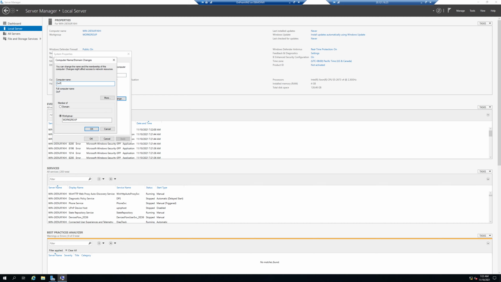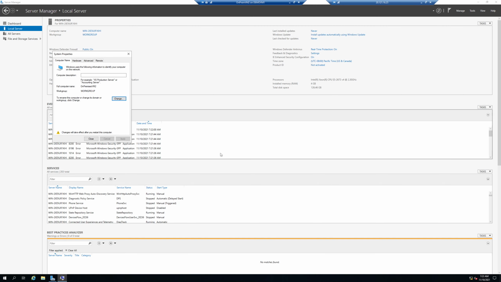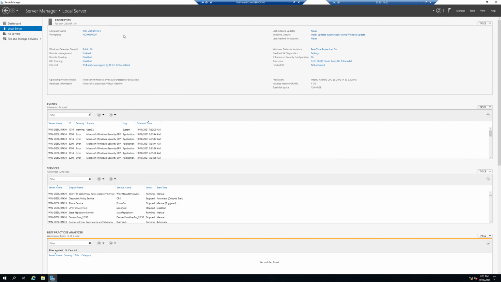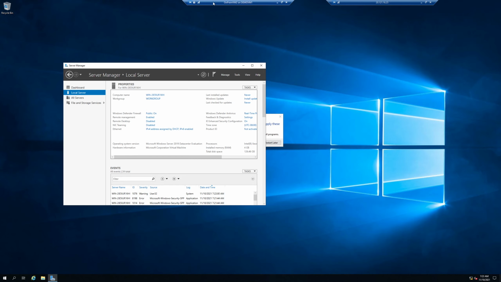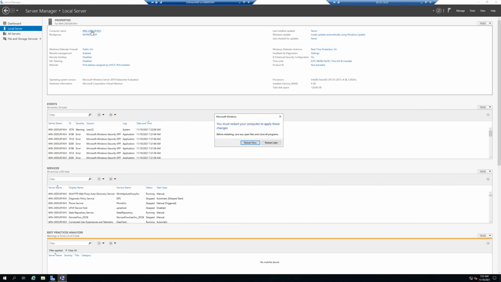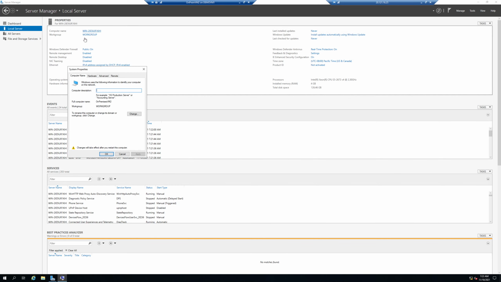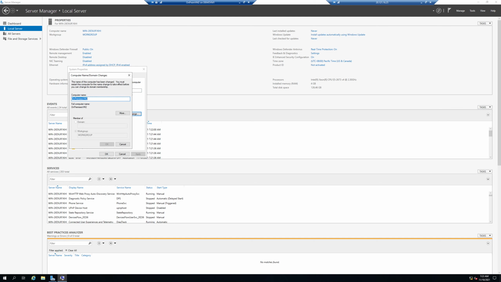On-premise VM2. Click OK. It says to restart to get it, but I'm not going to restart now. On-prem VM2. Let me actually change that again. On-prem VM2, okay. And before I restart, I want to do